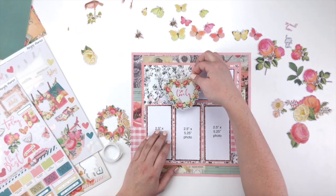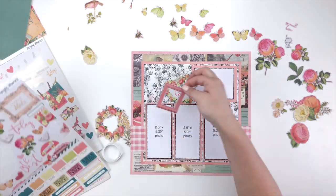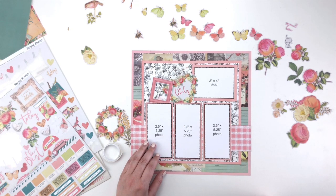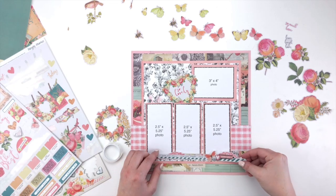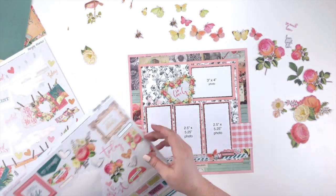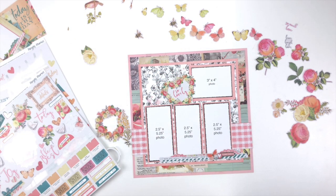So on our next layout here, instead of doing those 2 photo areas like I had mentioned when we were cutting up our papers, I just decided to not cut that sheet of pink cardstock in half, and I kept it the way it was and put a 3x4 photo area there instead. Okay, so we're going to do the same thing with this frame,